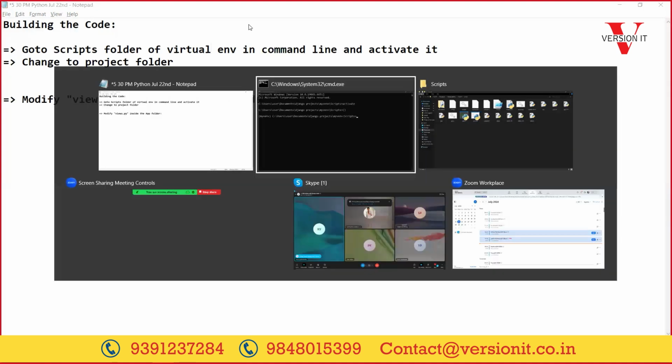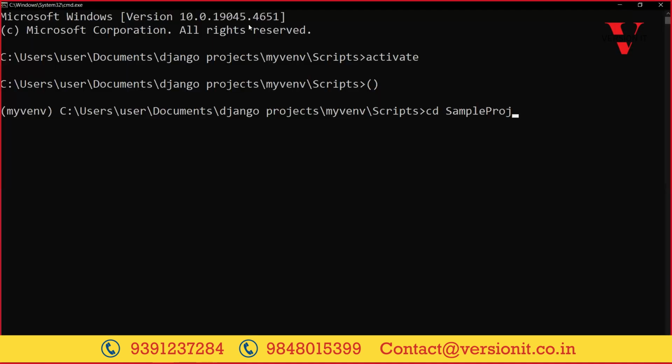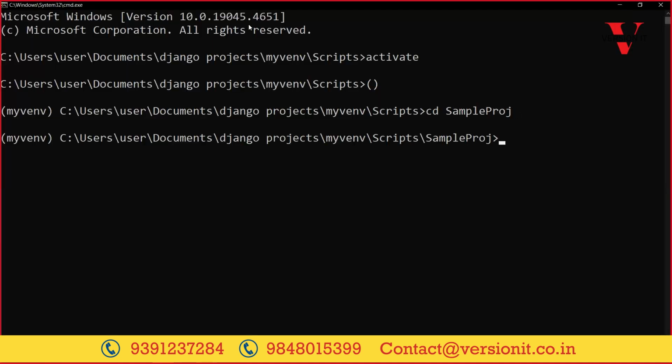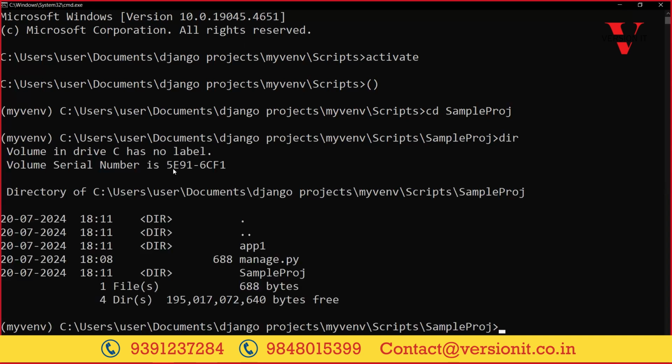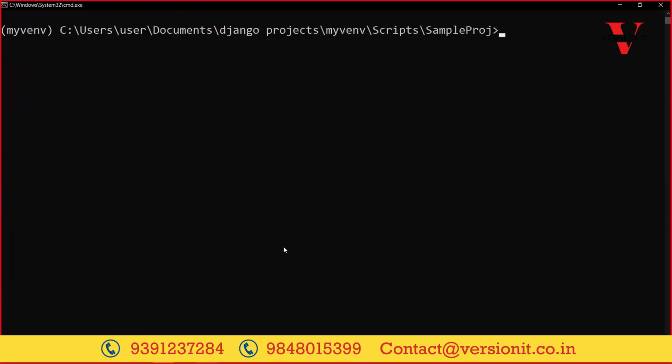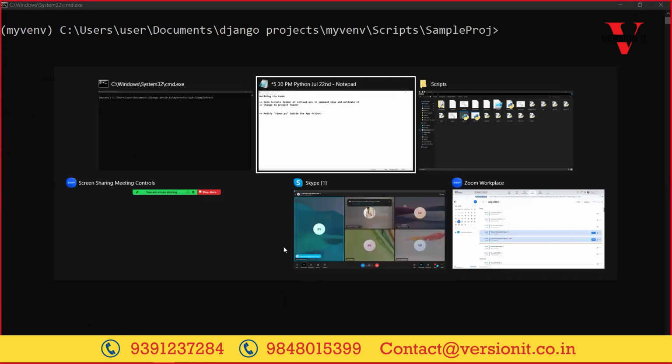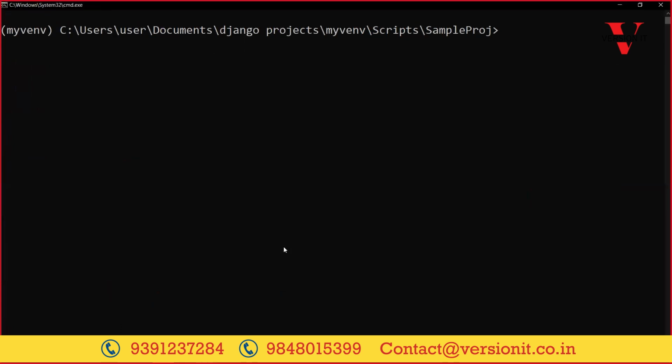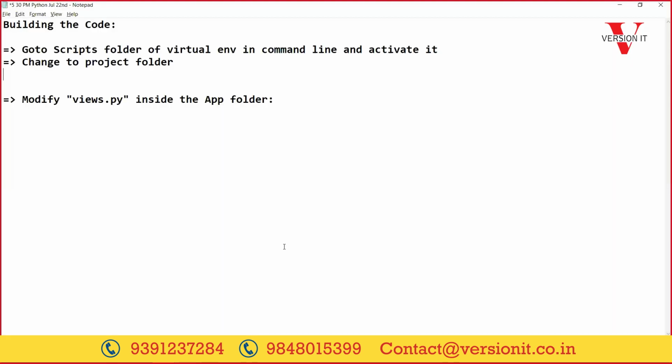So what is the project name we have given? Sample project something, change to project folder. So here we have this file manage.py. So this is the project folder and this is the app folder. We have activated the environment, right? So now what we will do, when we open the folder here,